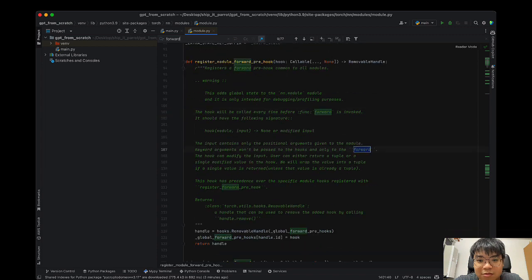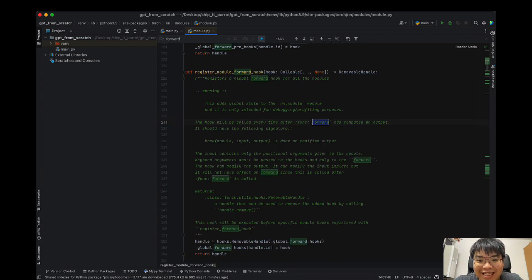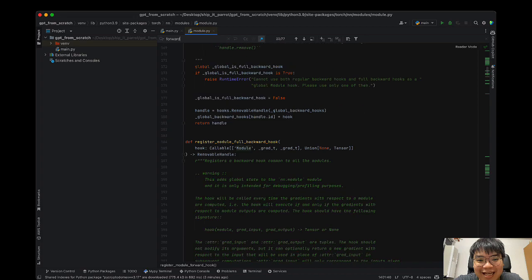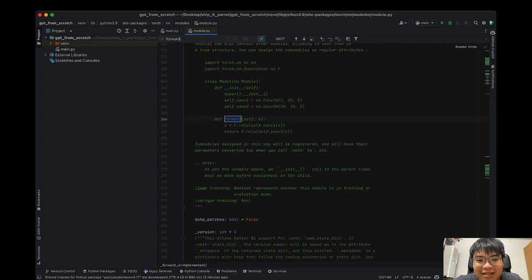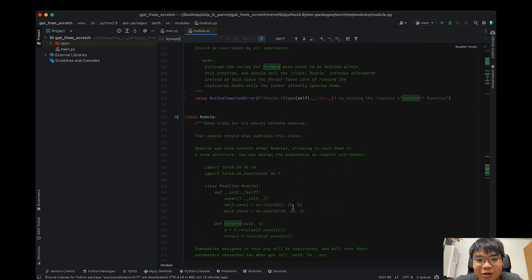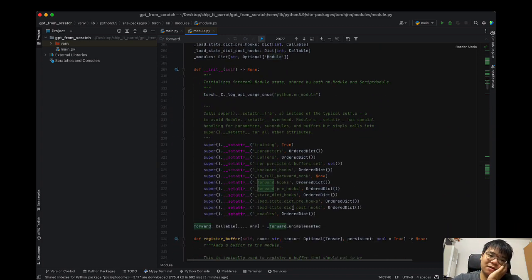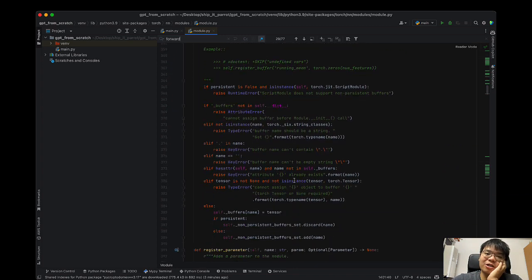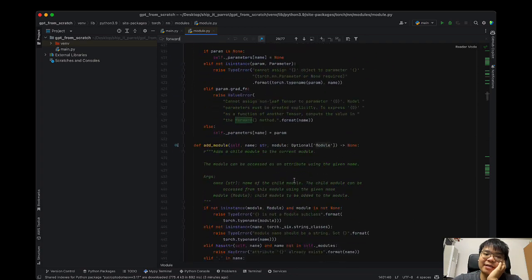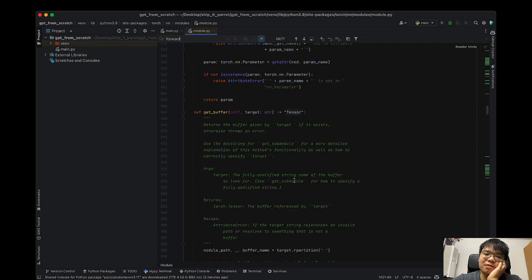Wow, I'm really surprised. I was expecting a forward method under the module class. Yeah, module classes in Torch are supposed to have the forward method. So how,